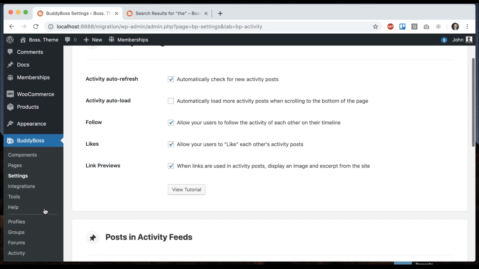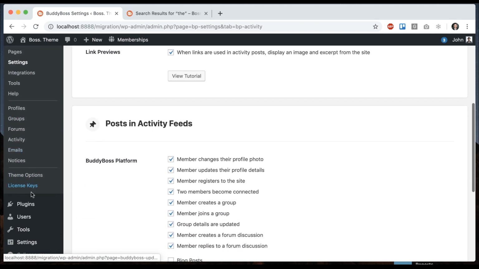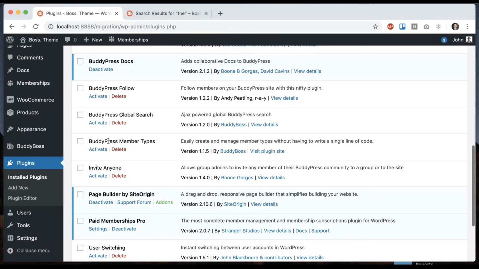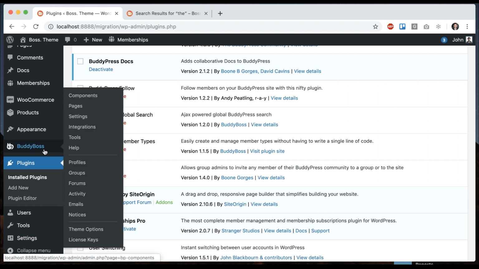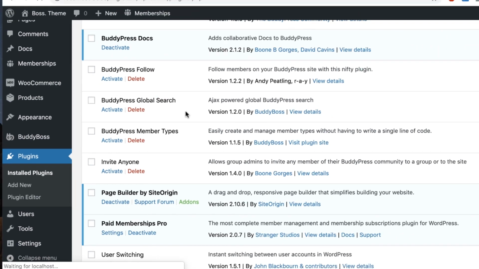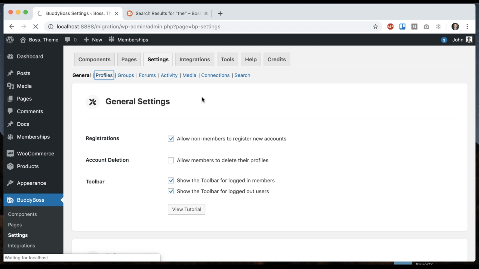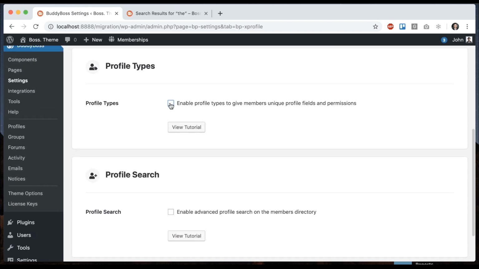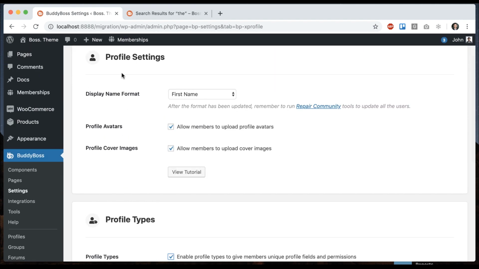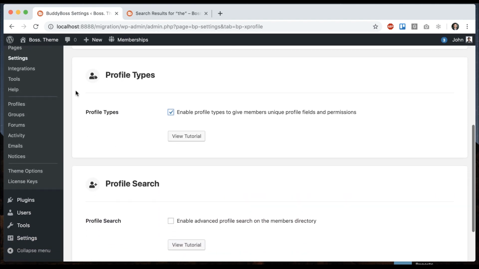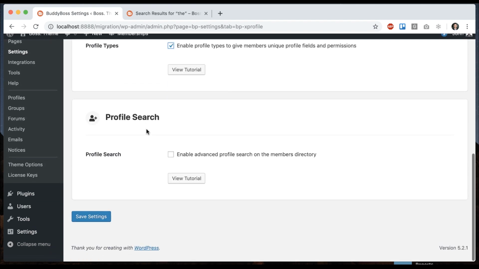And then one more thing I'll show you if we come back to plugins. I mentioned a plugin, BuddyBoss Member Types. This allows you to configure different types of members on the site, and they can all have different profile fields and things like that. We've merged this type of functionality and improved upon it into the platform as well. So if I go to BuddyBoss Settings and then go to Profiles, from here we can enable profile types. It's the same thing as member types. We just renamed it because everything related to profiles is using profile in the option name, so it just seems more consistent. So if you enable that,